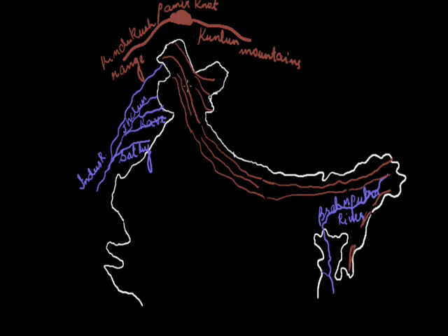As you can see on the screen that these ranges, these extensions, these are the Great Himalayas. It is for your understanding that I am using these arrows, but students of geography should not use these arrows. It is on the mountain ranges that you should write the name of the range. The Great Himalayas is the highest mountain range of the Himalayan system. It always remains snow covered and is generally referred to as Himadri. Its average altitude exceeds 6,000 meters and its average width is 25 kilometers. Almost all the important peaks are located in this range.